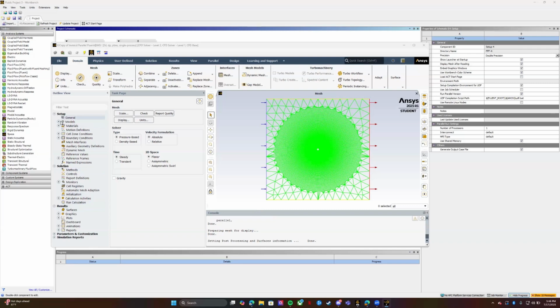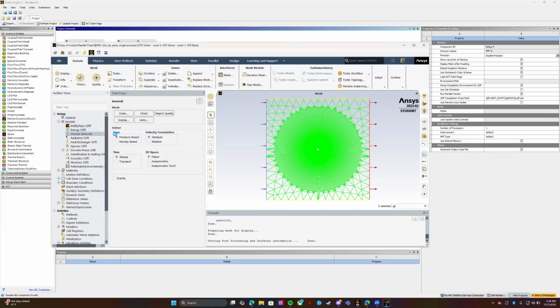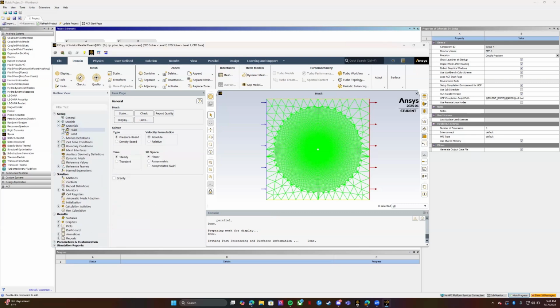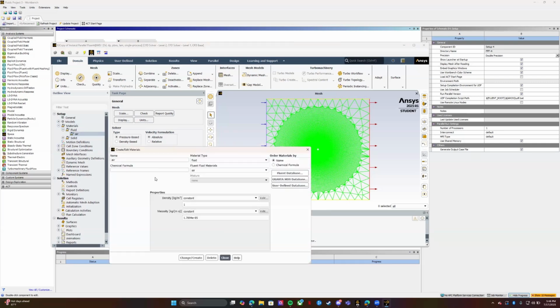There we go. It's loaded. So we can go to our model, switch this from inviscid to laminar. And then we go to materials, go to our air. We're going to keep that density at that constant value of 1. But we're going to go ahead and change our viscosity, because now that we're not in inviscid flow, we're using viscosity now. So we're going to use a viscosity of